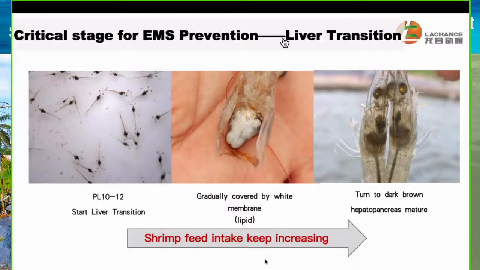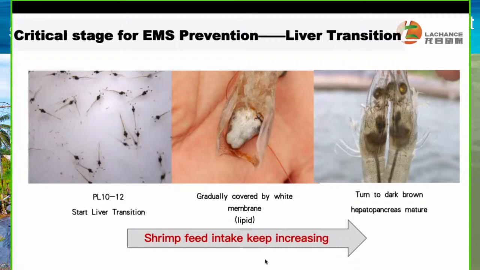So we better focus on this critical stage, the hepatopancreas transition, because the liver transition actually is the growth stage of the shrimp's hepatopancreas, just like us human beings, our childhood period. So our body is still growing, right? We need to keep a good condition. So for the liver transition, it will start from the PL shrimp, most of the time PL 10 to 12,